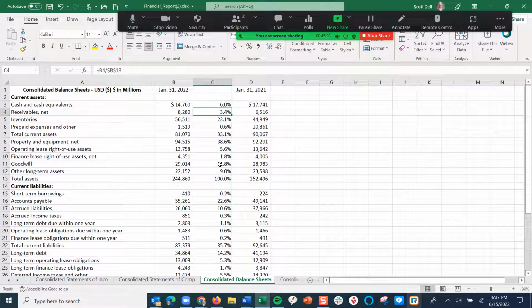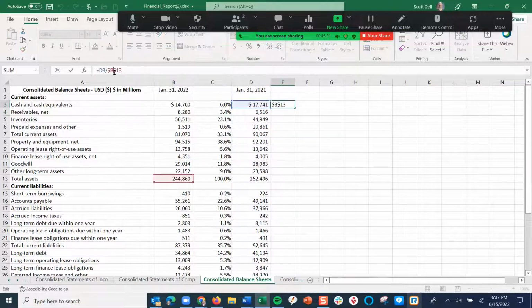My receivables are 3.4%. I expect Walmart receivables to be low. Why? Because most of the customers are cash customers, or credit card, which is considered cash. So those customers are going to be paying at the cash register. You can't walk through the Walmart checkout and say, put it on my tab. Even if you have a Walmart credit card, it's considered cash. 6% of the balance sheet's cash. I might go ahead and copy this over here. I'm just going to say compare to last year. You might find that interesting.